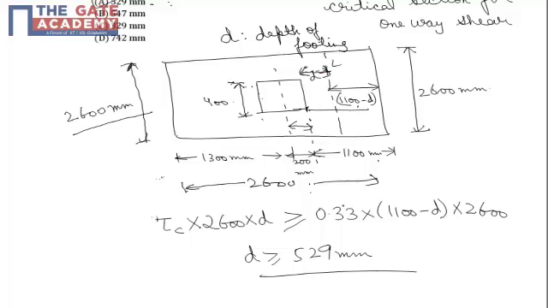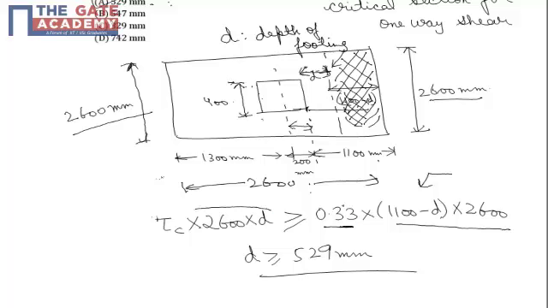So if we talk about the net shear that will be acting at this distance D from the face of the column, that region is shown as the hatched portion, which has an area of (1100 minus D) into 2600, and this area multiplied by soil pressure will give the net shear force that will be acting along the critical section. And in the previous question, we calculated the factored shear stress as 0.33 Newton per mm square, and this should be